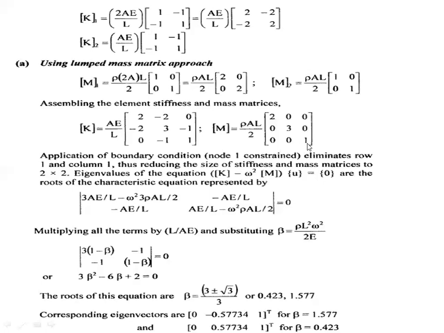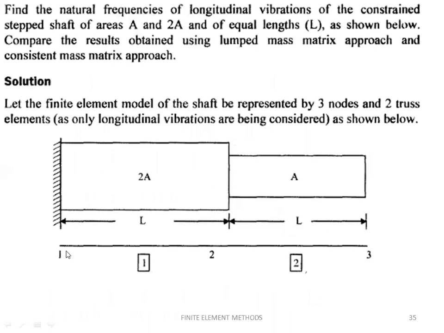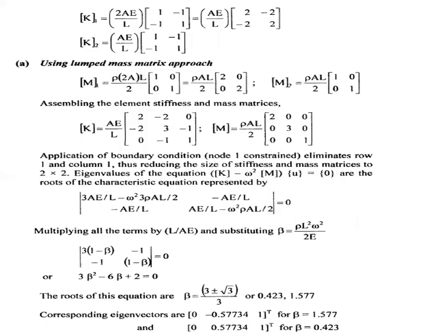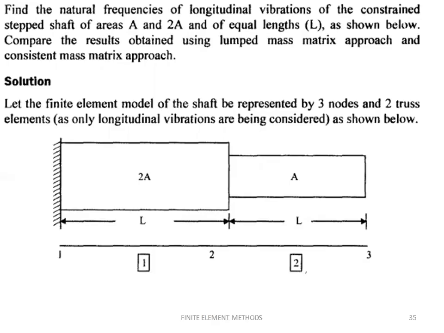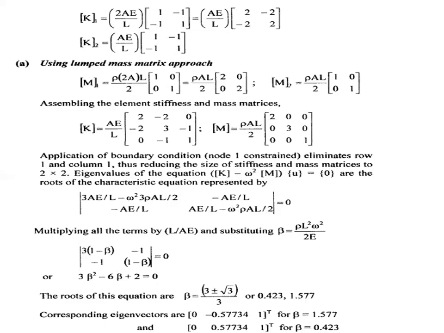See here, both the stiffness matrix and the mass matrix are 3 by 3. Let us cross check whether it is a 3 by 3 matrix or not. So go to the discretization process here. Once you've done the discretization, you get nodal number 1, nodal number 2, nodal number 3. So there are three nodal numbers, but each nodal number has only 1 degree of freedom. Therefore, the stiffness matrix and lumped mass matrix size would be n by n, where n is the number of nodal points times the degrees of freedom, that is 3 into 1, which becomes 3.